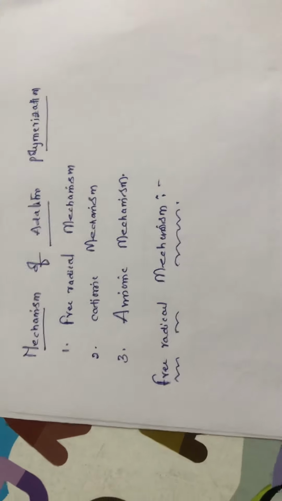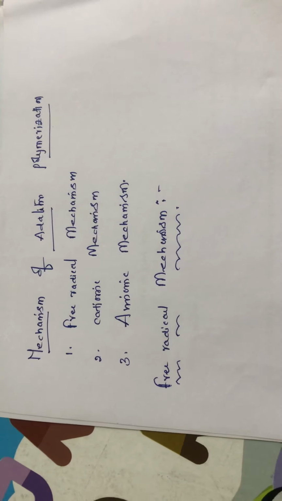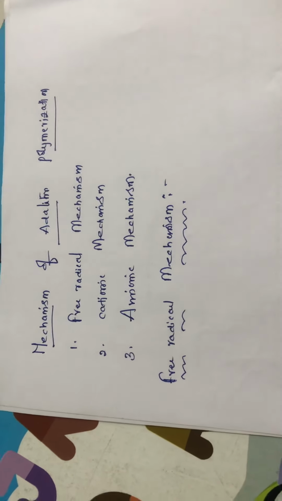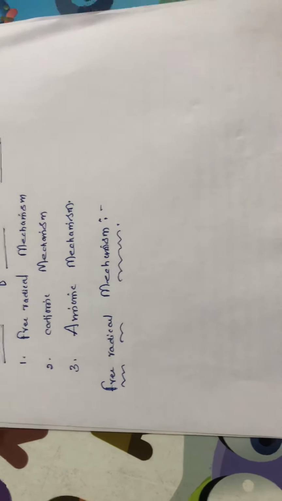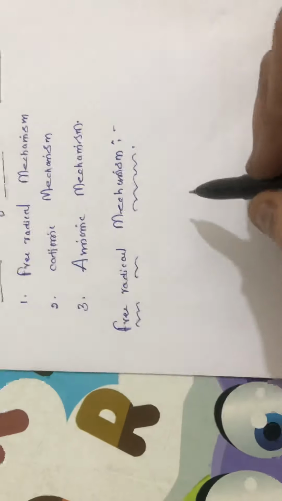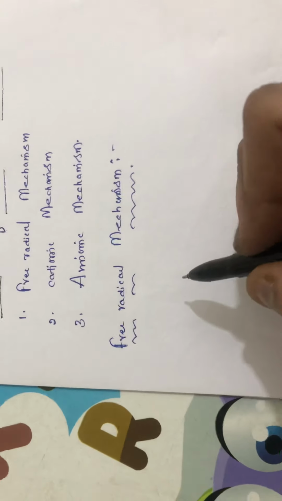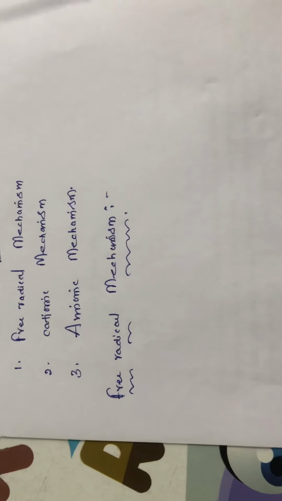The mechanism of addition polymerization can be easily understood with three kinds of mechanisms. One is the free radical mechanism, another one is the cationic mechanism, the other one is the anionic mechanism. In the case of the free radical mechanism, let us see how the mechanism takes place. So, initially,